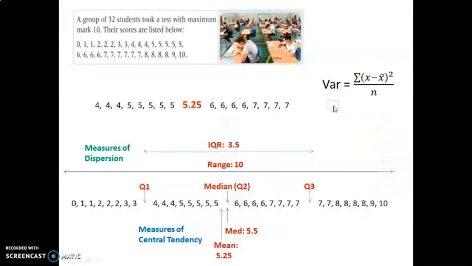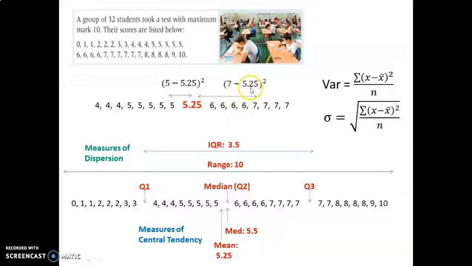Then we took that a step further and said, okay, variance is going to give us that big number, and then we have to take a square root at the end to undo all this squaring that we did, right? So we take a square root of all that and we get our standard deviation. So for this example, let's say we took this data point right here. We would do 5 minus 5.25 to check how far it is from the mean, square it. Okay, let's take another data point. Let's say this one. We would do 7 minus 5.25 to find the distance, square it. Okay, so it's kind of like an average of the distances. If you went through that process further,